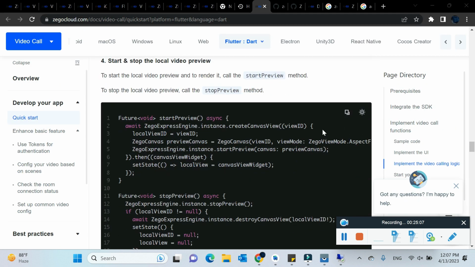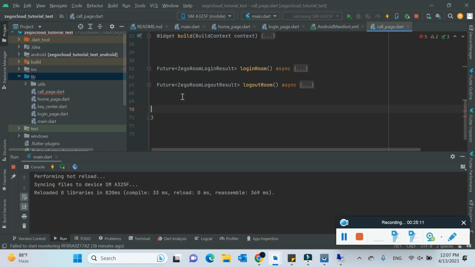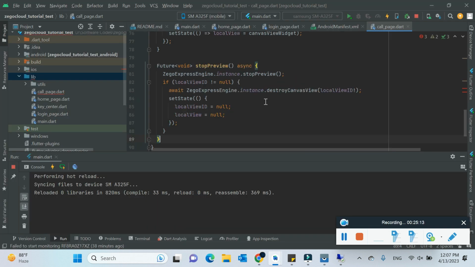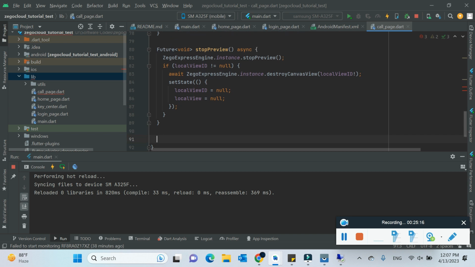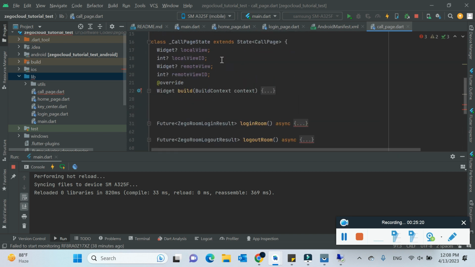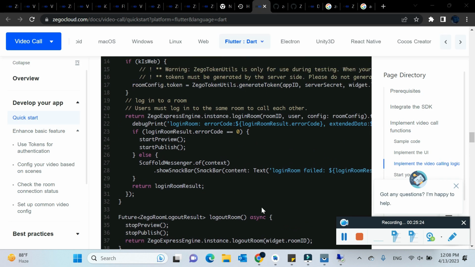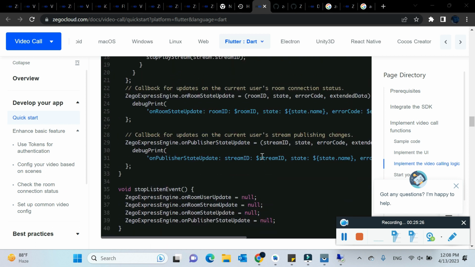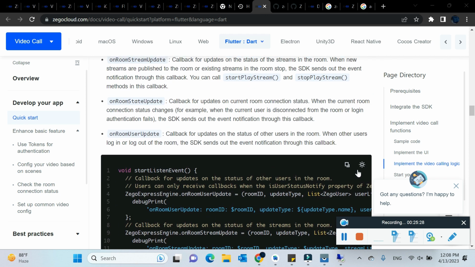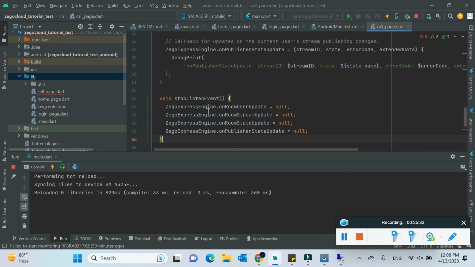And now we will close this, because we have to add some more functions from our documentation. So open our documentation, there's start and stop local video, paste it here, because we will use these functions in our app. ZegoCloud has worked so well, it has made the implementation of video calling really easy. And now again open the documentation, start listener and stop listener, paste it here,